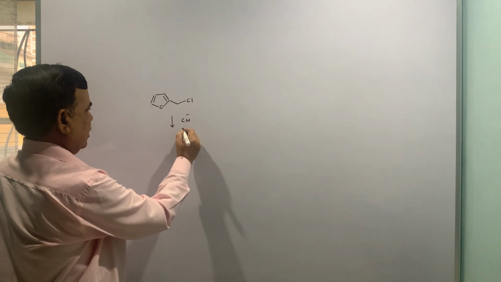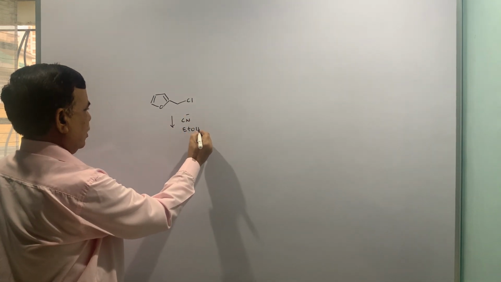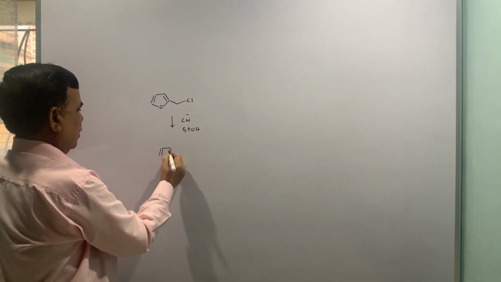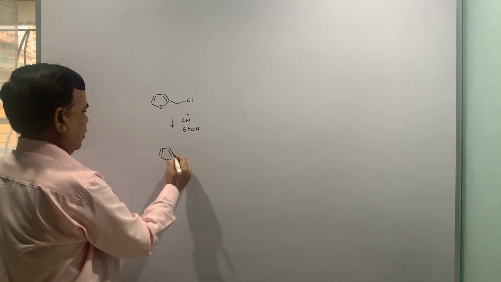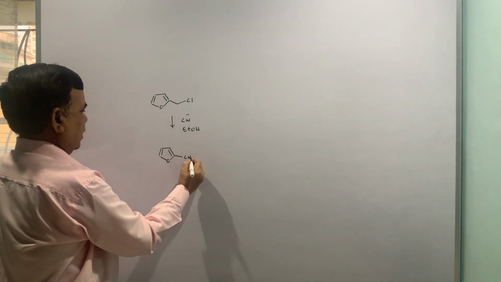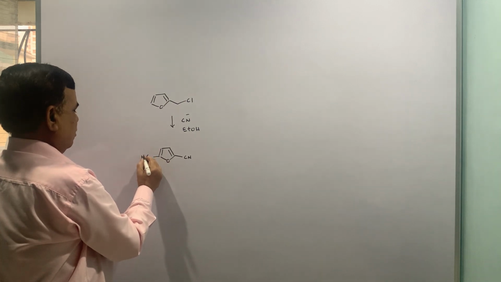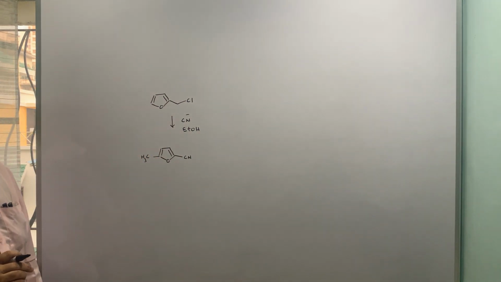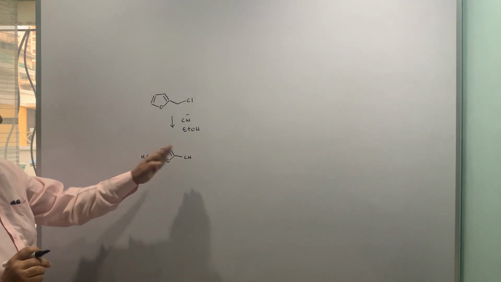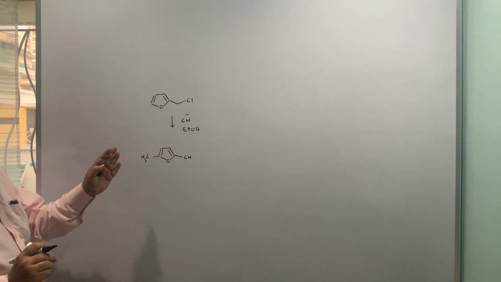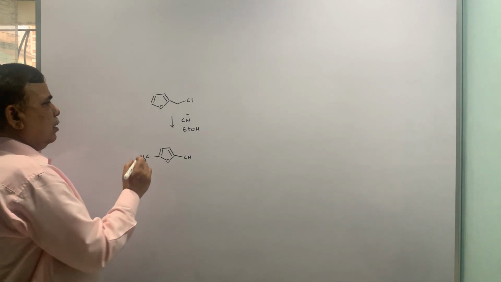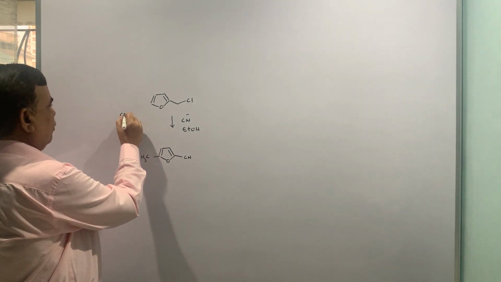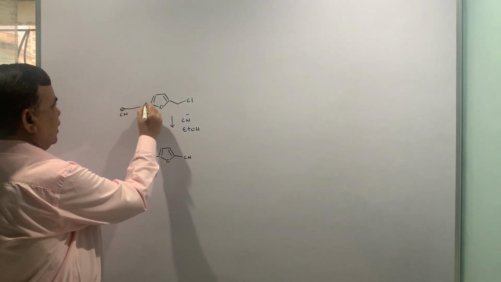CN minus and ethanol, and the product I will put CN and CH3. It can be written either way also, no problem, because if I write CH3 here or here, it doesn't make any difference because their relative positions remain the same. So first of all, the attack of CN minus here,